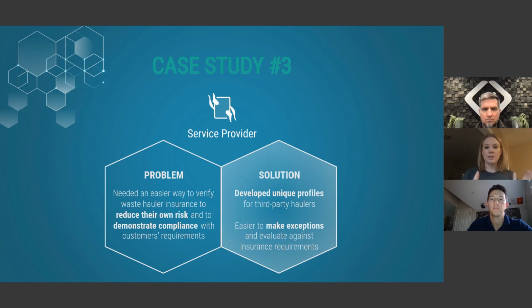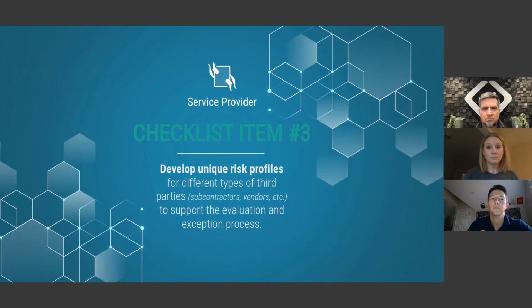So you can see where they're not only keeping track of one streamline, are they compliant with me, but you can segment this out or even have multiple requirements for one particular vendor and make sure that that vendor is maintaining the expectations for both. So, I think when you're thinking about this, it's taking that risk profile to the next level. In the example I had earlier with that grocery chain, each particular vendor was assigned to one, call it risk profile or one type of set of requirements. In this, you're actually able to layer upon